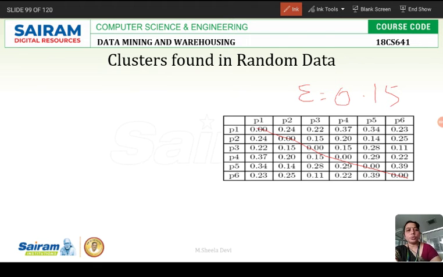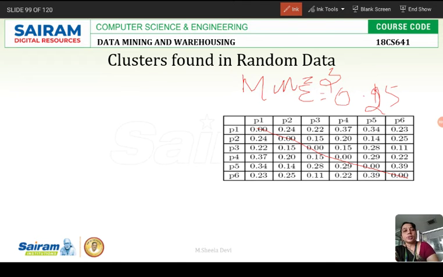Yes, 0.25 we will consider. So 0.25 let us take as epsilon value, and the minimum points let it be 3. So now we have to cluster. What should we do now? We have to decide whether it is a noise point, core point or border point. These are the 3 things we have to classify.